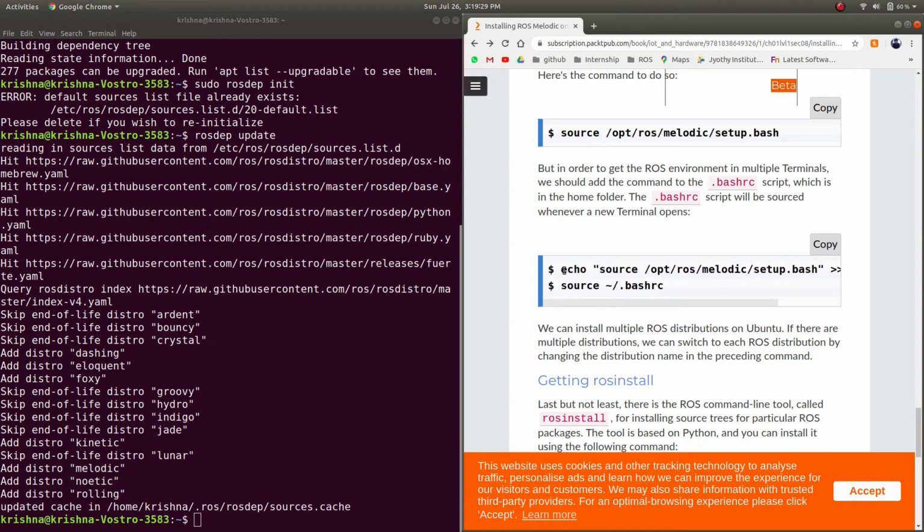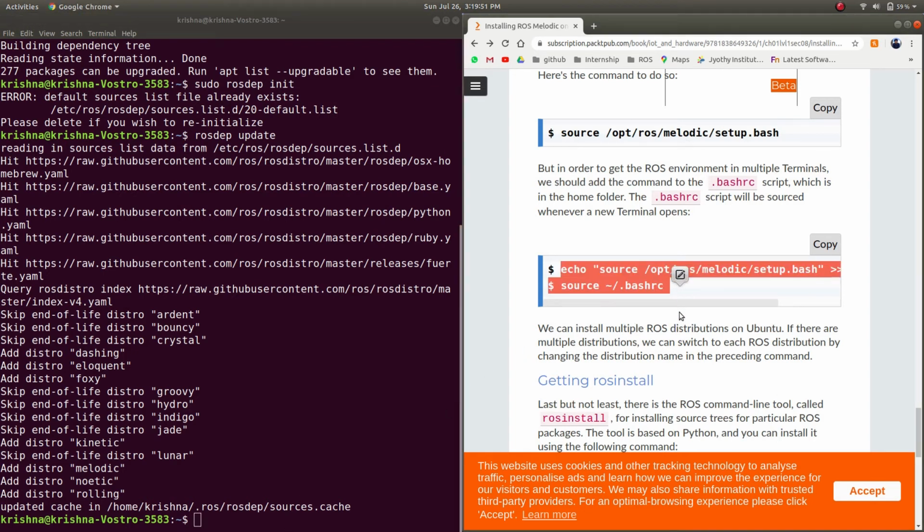This makes sure that every time you open up a new terminal, the ROS packages are loaded into that terminal, and you can run any of the ROS commands directly without having to source the file every time. Hope I'm clear. So copy this and paste it over here and run it.